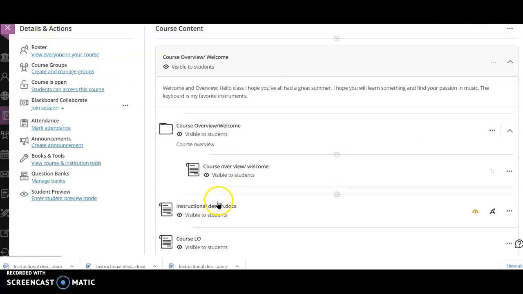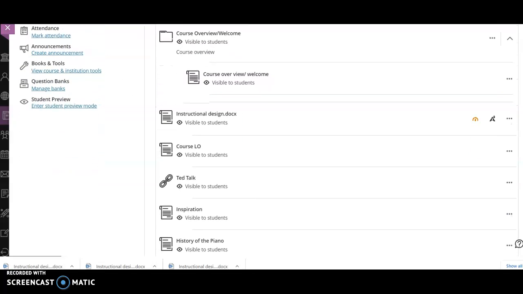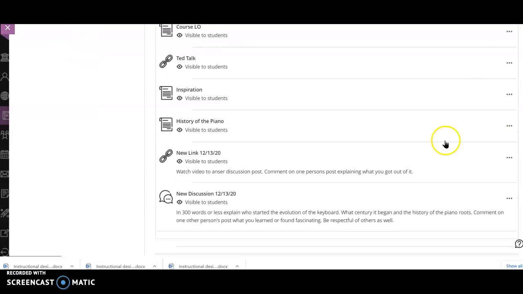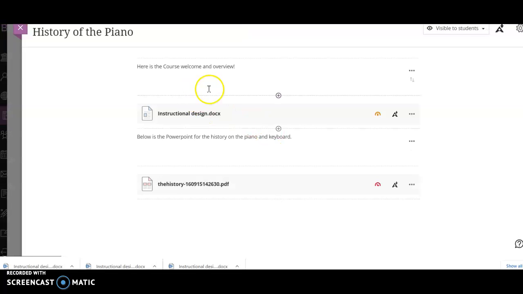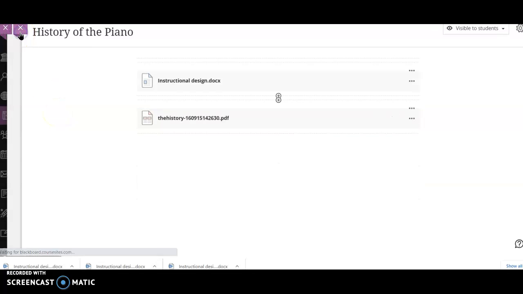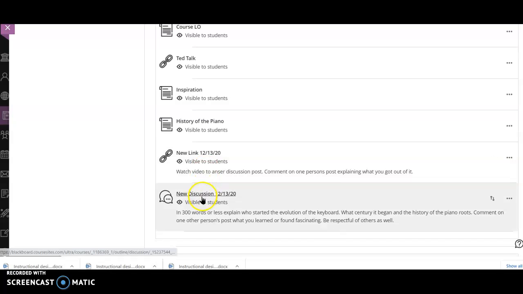Okay, then for the first week, we have a TED Talk. That's just more for inspiration. And then we have history of the piano. So click on that, and it gives you a PowerPoint down here on the history of the piano and the keyboard, and that's what we're going to be going through for this week. And exit out of that,